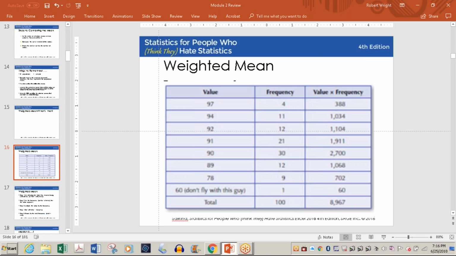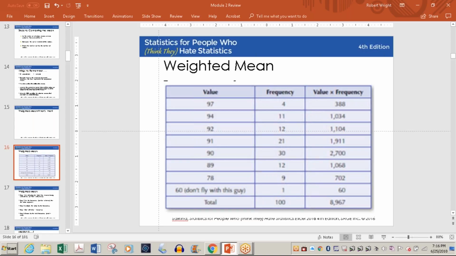Okay, here's an example. Say you do a survey or have a test and you have a class of 100 students. Well, adding 97 4 times isn't that bad, but adding 94 11 times, and all the rest of the thing. Do you really want to have to add a column of 100 numbers? Probably not. So what you do is you set up a table like this, and you take whatever values appear, and you take their frequency and come up with a sum. Then you add those sums, divide by the number of values you have, and you will get the exact same numbers as if you stood there with a long column of numbers and then divided that by the total number of entries. Does that make sense to everybody?